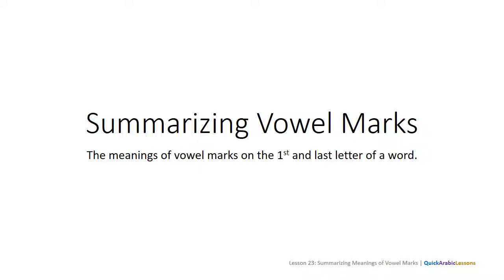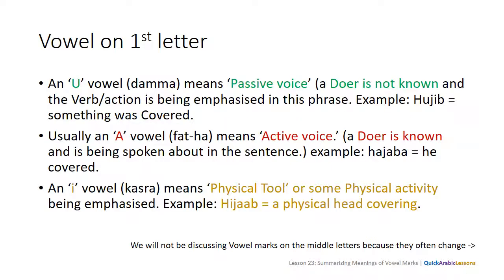Summarizing vowel marks: the meanings of vowel marks on the first and the last letter of a word. So now this is a summary of what we've learnt in the previous lessons. We've seen that, okay, this is about vowels on first letters of a word,